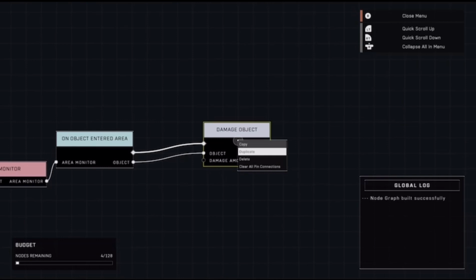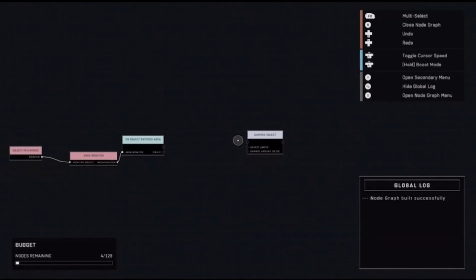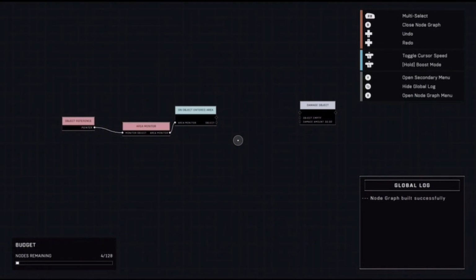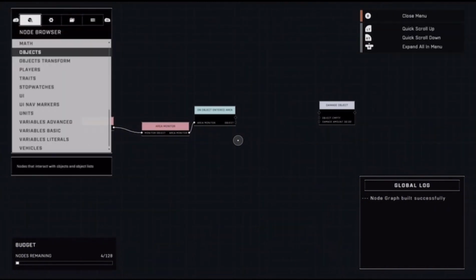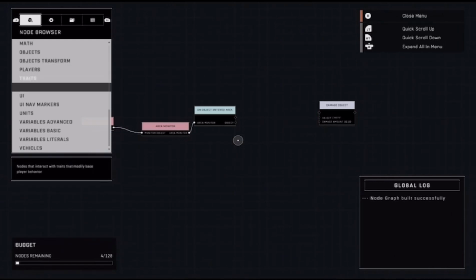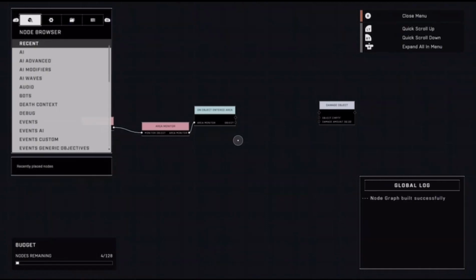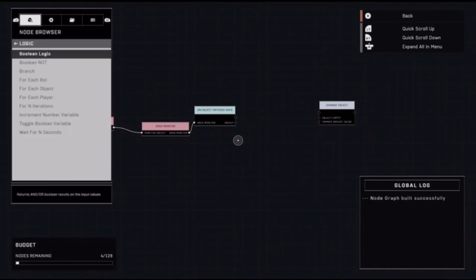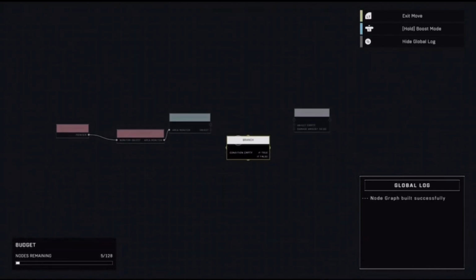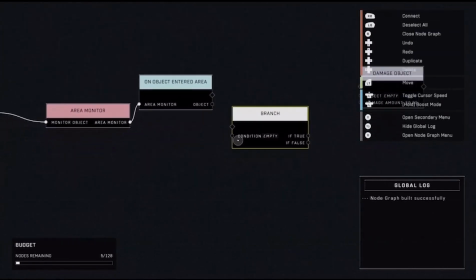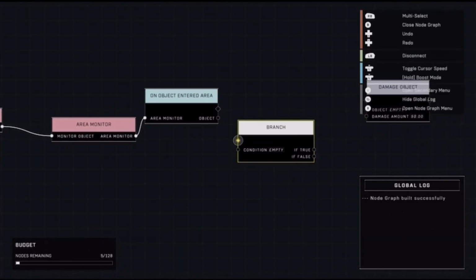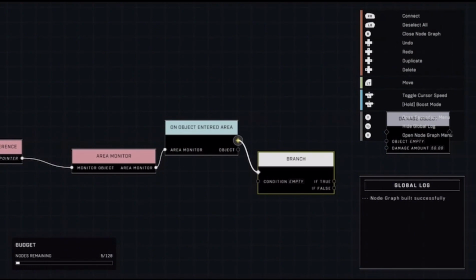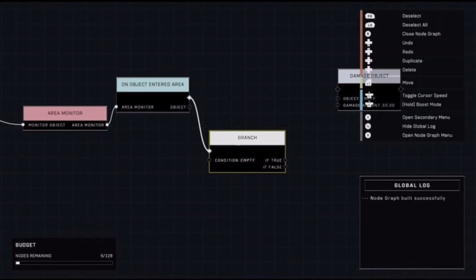Now we are going to disconnect this. Say you want it just for a player that entered the area, or just for a vehicle that entered the area, or just for an AI. We're going to go to the node browser, and we're going to go to, where is it? Logic, Logic, and we're going to get a branch. So this branch will give us a condition, so we can trigger an event on only a certain condition. So we will put the branch to on object entered area,